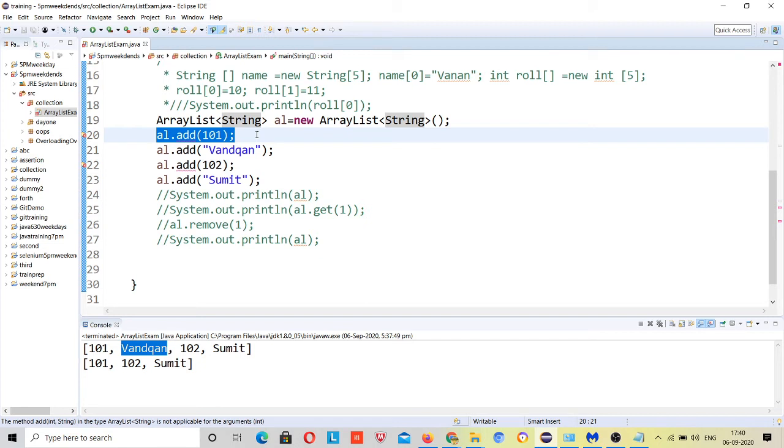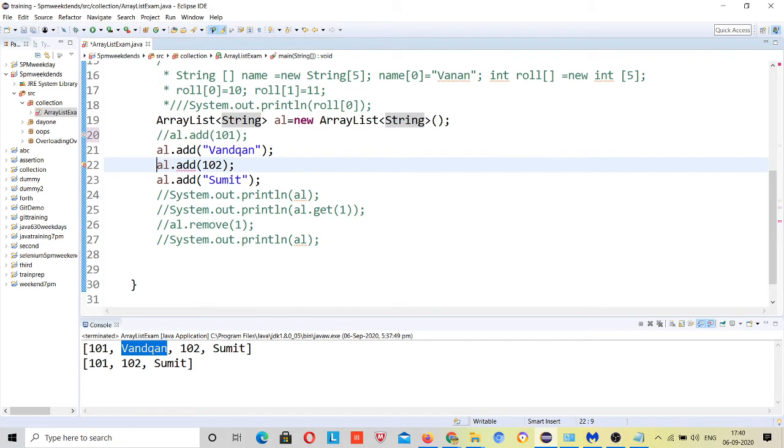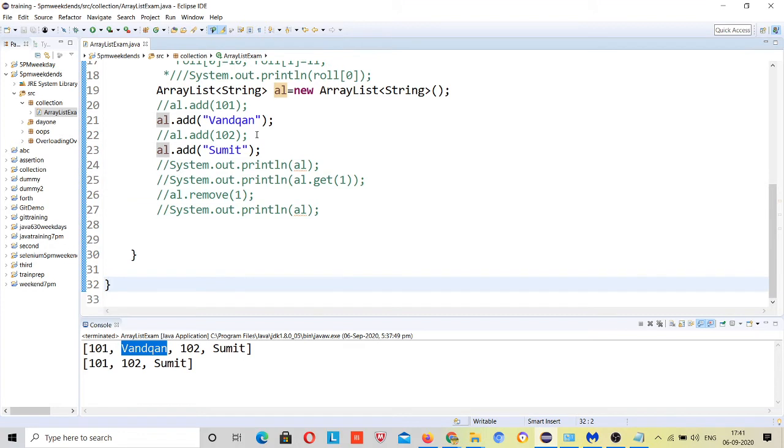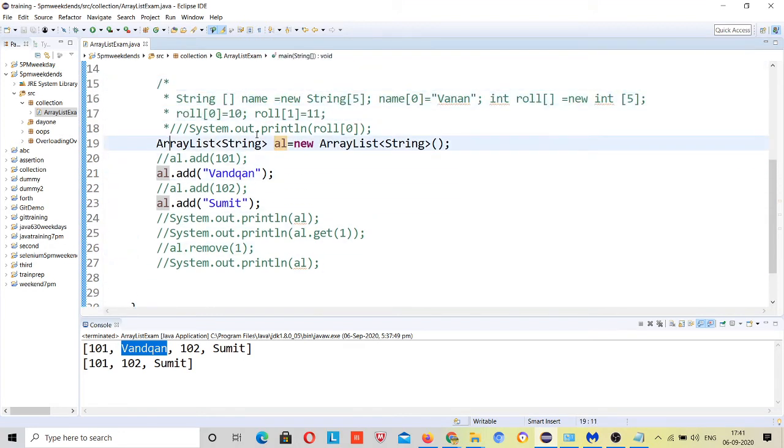But the question arises: if I am doing this, why not go for the array? If you go to an array, then you have to predefine the indexes and the locations, so you will not be able to add the data at runtime, and your memory will be wasted. There may be a requirement that you need to add only strings but not define predefined indexes; you want to define your indexes at runtime. In that case, you go for array list. So this is the generics of the array list. If you give integer here, you will be able to add only integers.